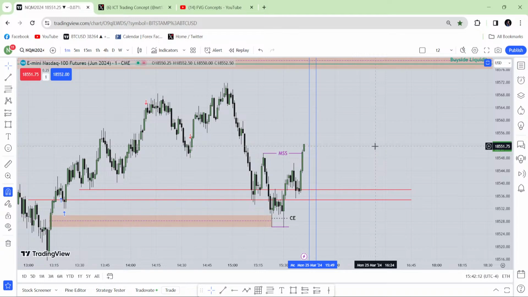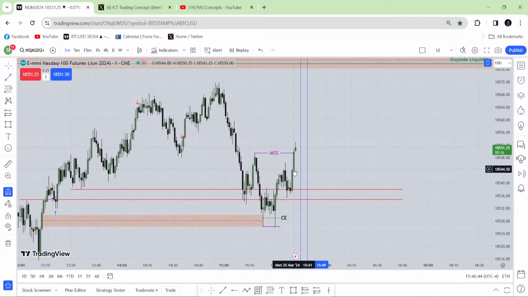Okay, so yeah, brother, could we say that the MSS you marked is MSS because price made a swing low before it reached that MSS? Yeah, I told you this is the valid MSS because I have a swing low on my right here. I have a swing low here. Any of them you can mark. There is also a swing low. See this candle? I have a lot of swing lows on my right. I have a swing low on my left. Both of them are lower than that high. So it is a valid market structure shift.